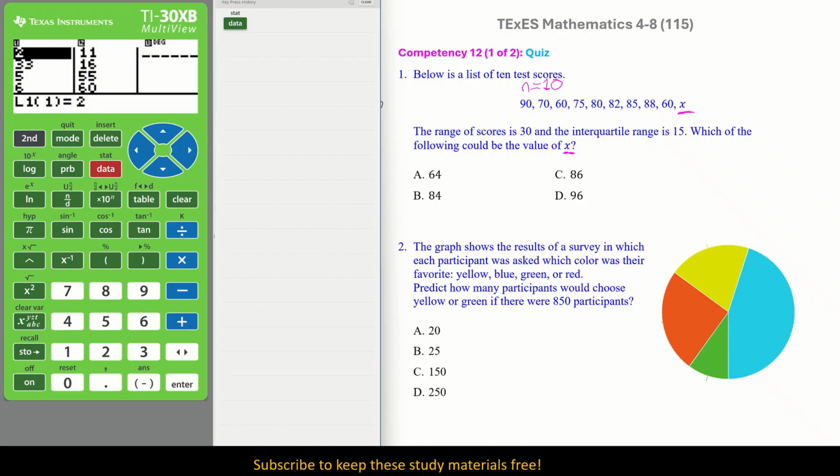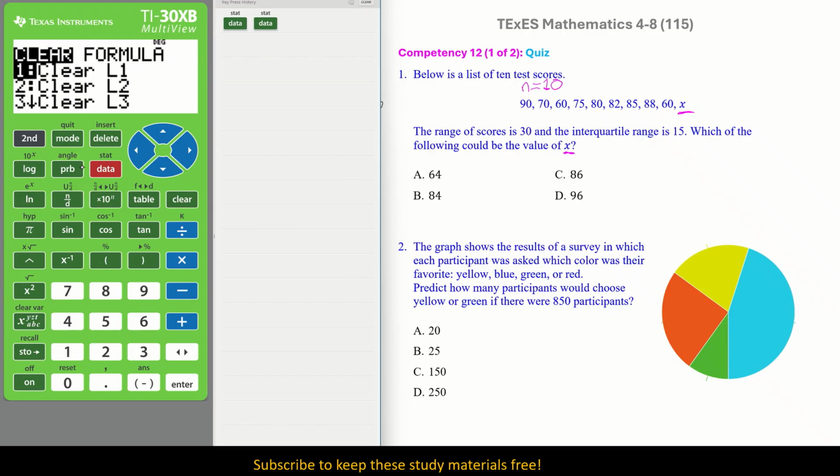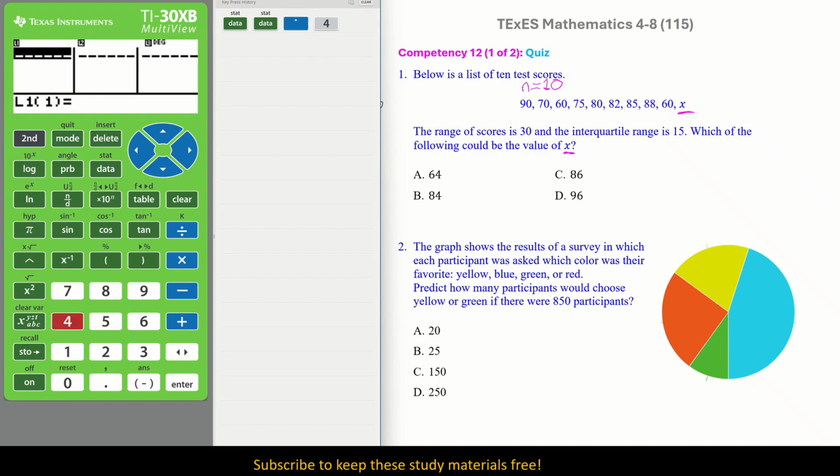You may have items already entered in, so how do you clear out your list? Push data again, arrow up or down, and you'll see number 4. Number 4 is what we want, and it clears everything out. I am going to choose to use list 1 to enter this data. So we have 90, then 70,